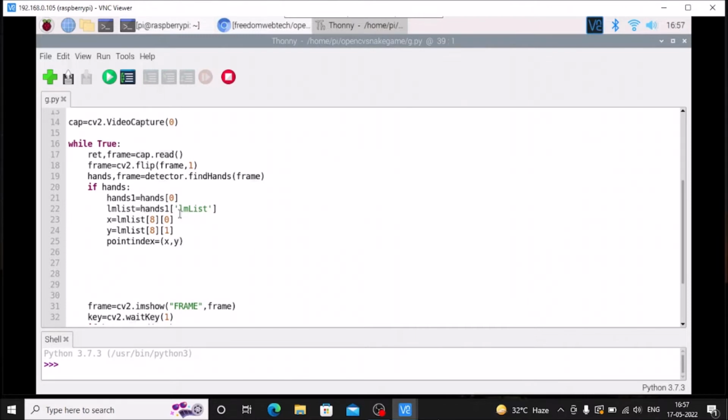So today's session we need lmList. So lmList is equal to hands[0], and we need to pass lmList. Then xy coordinate is basically lmList, and we need index fingertip. So index fingertip number is 8. Okay, so 8[0] and 8[1] is basically xy. Then point index is just a variable, so point index variable is now our x and y. Okay, so if I start the code,